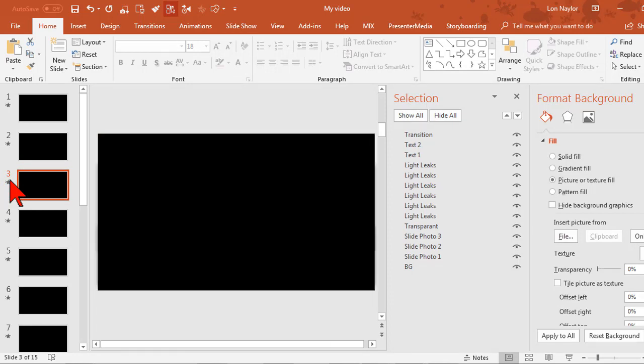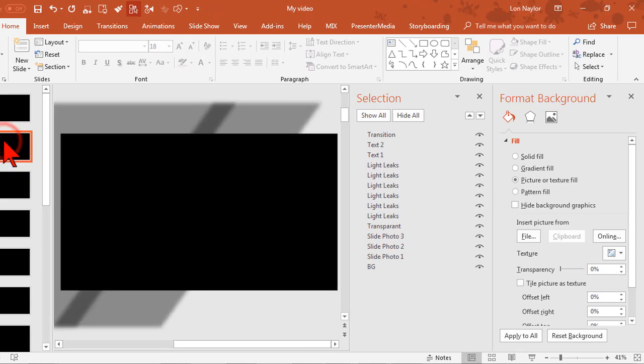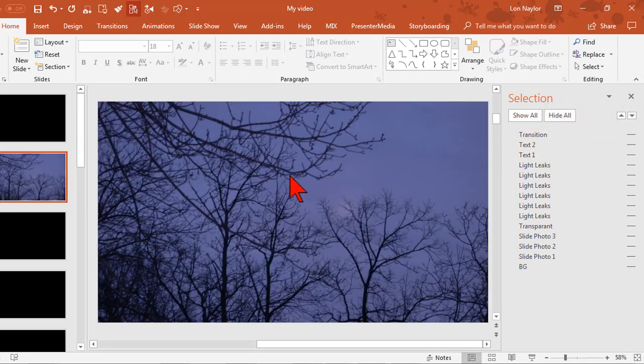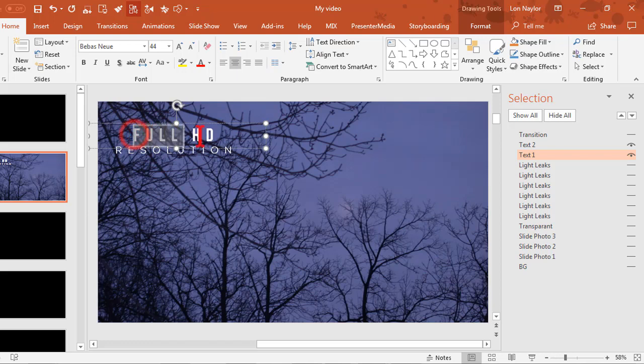Now, one of the other things we certainly might want to do is to change text. So the easiest way to do that, I'll close the Format Background panel, and I'm going to hide all once again. Here's my image, and the text elements are right here. So all I'm going to do is turn those on so that they're visible, and then just edit text as normal. And one tip here is that depending upon the content of your slide, you might want to reposition these